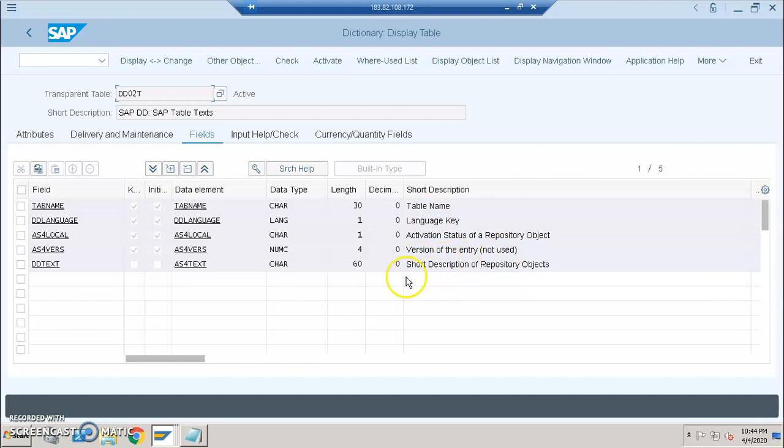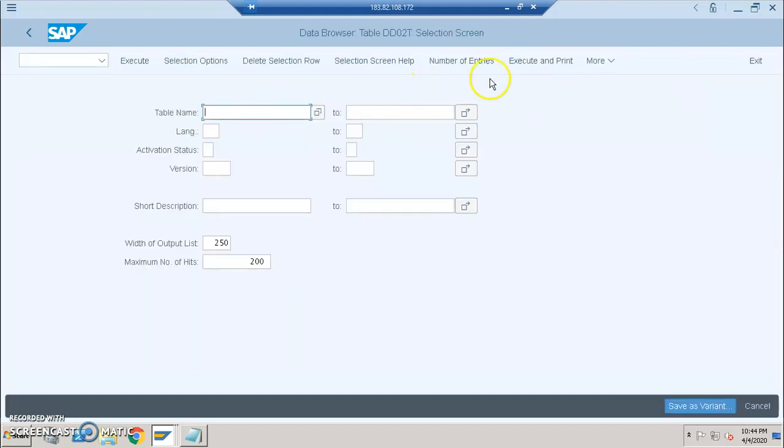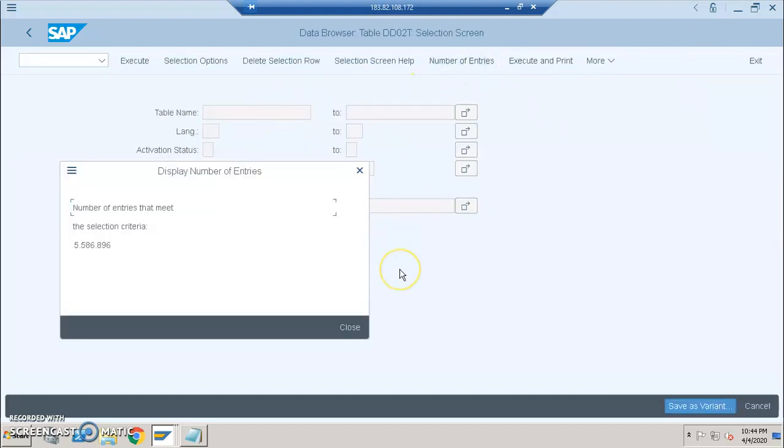Short description happens to be the most important thing because you might know that you have to get the customer data, and customer is the keyword, but you don't know which table will have the customer data. In that case, this text will help you a lot. So we'll go ahead and check the contents here. If we see the total number of entries in this particular table, it is something around